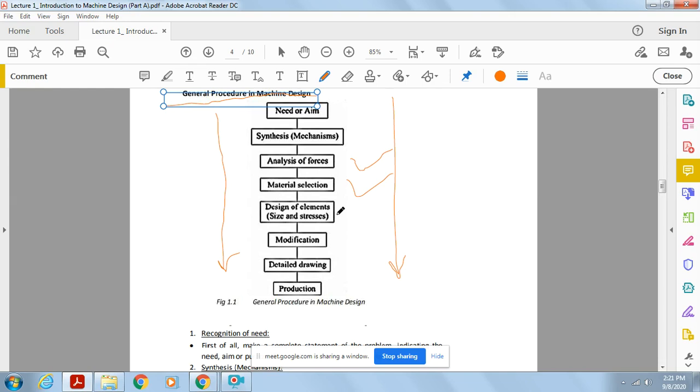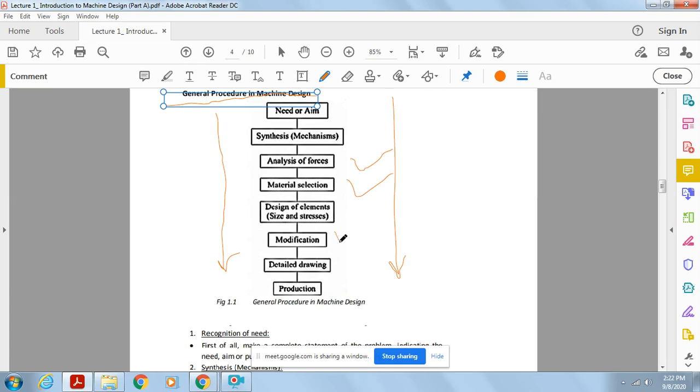Depending on that, our technology should be such that components are not of a very jumbo, gigantic size. So this is very important: the size, shape, and of course the stresses. If you can accommodate all those stresses in a very small size, obviously the public will accept that. But if with the same amount of stress your product becomes very gigantic, obviously people will not accept it. That is also an important part.